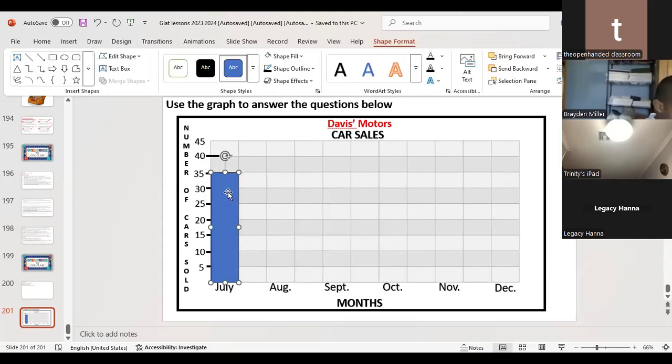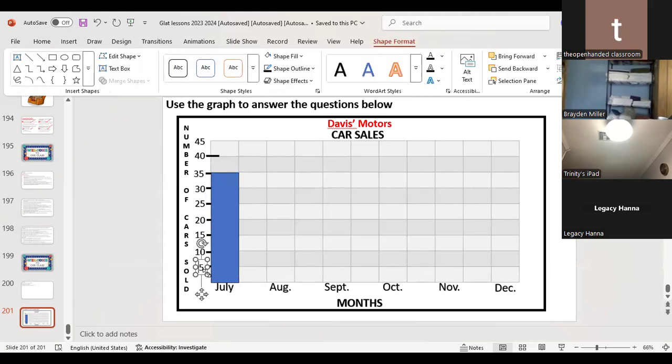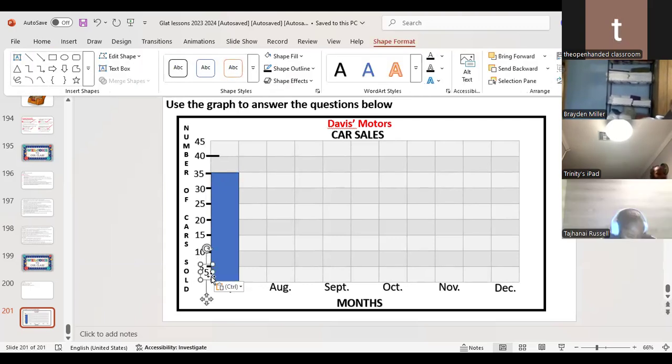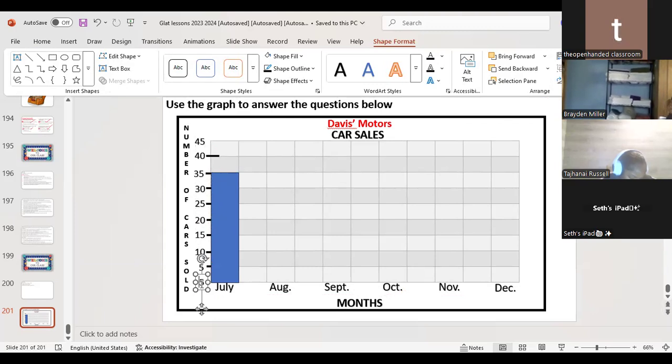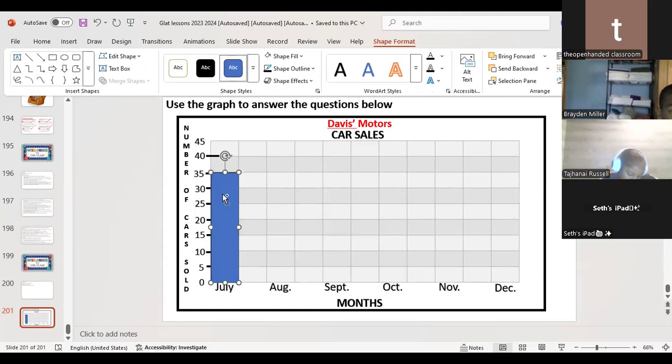All right. Oh, I forgot to put 0. Put 0 here. Seth, how is your graph looking? Mine's doing good. Okay. 0. Right, so we have 0, 5, 10, 15, 20, 25, 30, 35, 40, 45. Okay, that's that. And then next we're going to go here and we're going to go